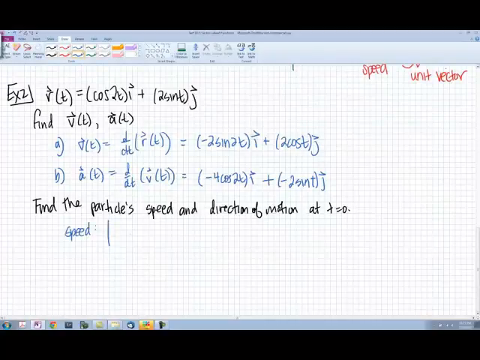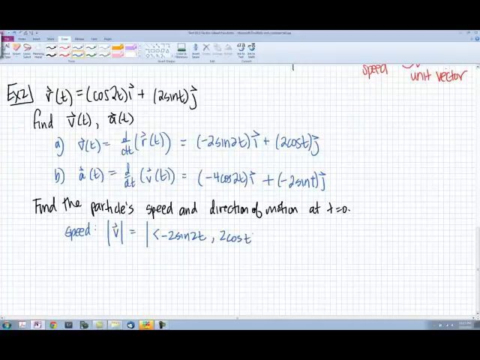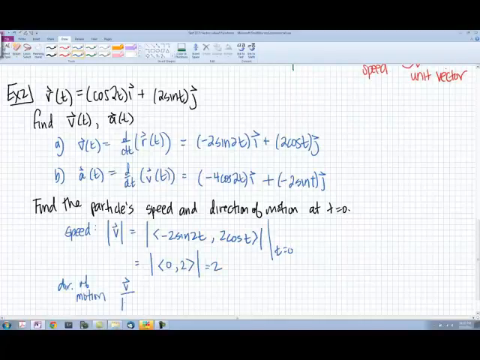Speed is the absolute value of the velocity vector. So I need to take the absolute value of our vector, and I'm going to write this time in component form, negative 2 sine 2t and 2 cosine t, at time t equals 0. Sine of 0 is 0, cosine of 0 is 1, so it's 0, 2, and the magnitude of that vector is 2. So now we need to find its direction of motion. Well, direction of motion is the unit vector. So we take our velocity vector and divide it by its magnitude. This one's pretty easy. 0, 2 divided by 2. So we have